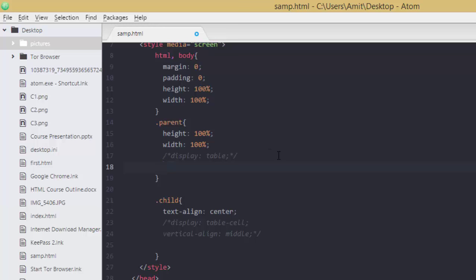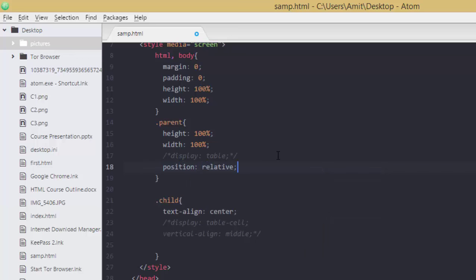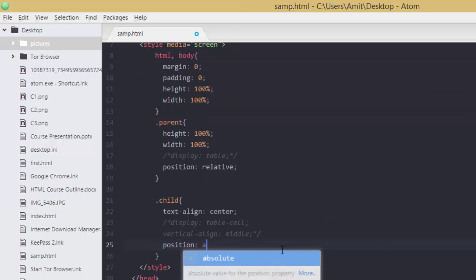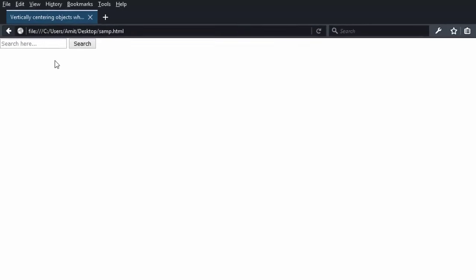Okay, so what I'm going to do, I'm going to set its position property to relative, and let's set the child's position property to absolute, and you can see that we get our search form to the left top or top left corner of the browser.